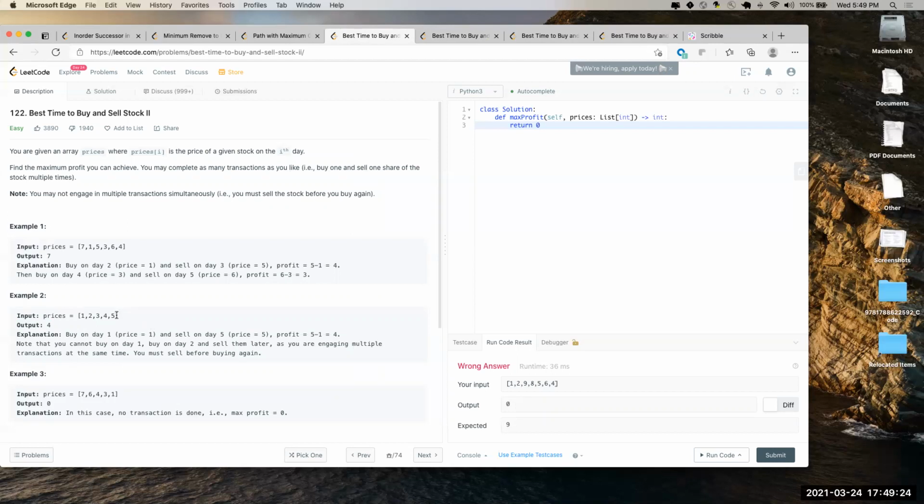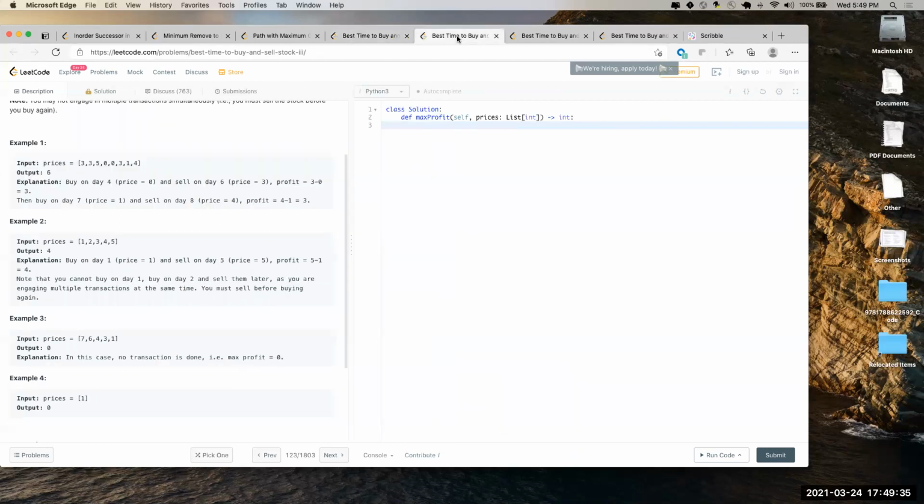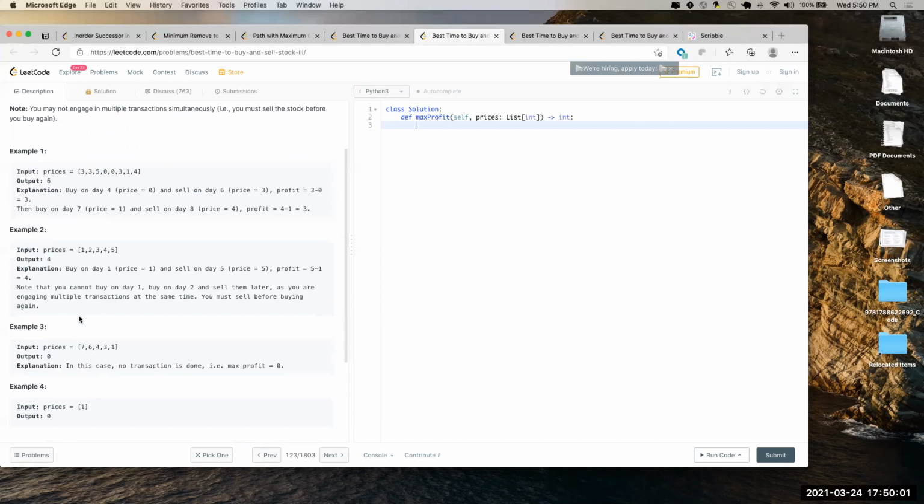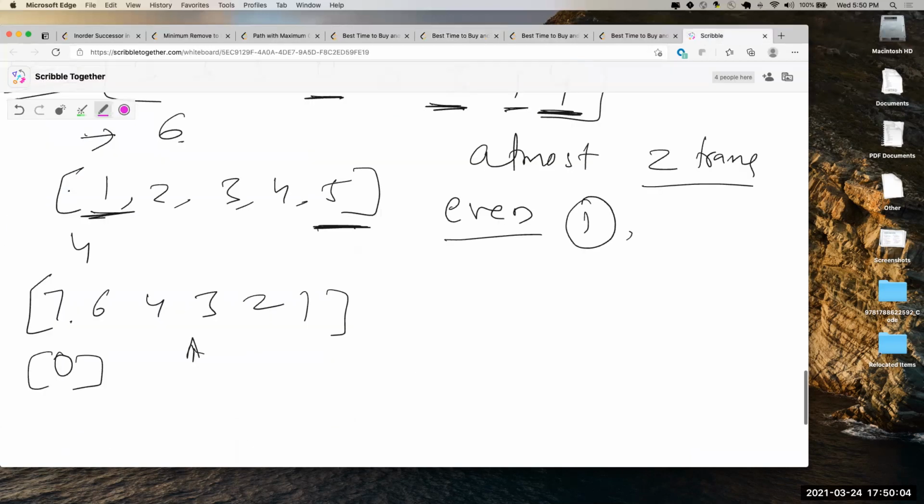The way I actually draw was I keep going forward till there's an increase in the price. So basically you cannot buy and sell the same day. Or can we find all the windows where we have a profit? So here the answer is... how did 6 come here? It is buy on 0 and sell on 3, and 0 and 3, and 1 and 4. In the second one you have 1 and 5. So this is one transaction, 1 and 5. Here you cannot: 7, 6, 3, 4, 1, and then prices, the answer is 0. Okay, yeah.